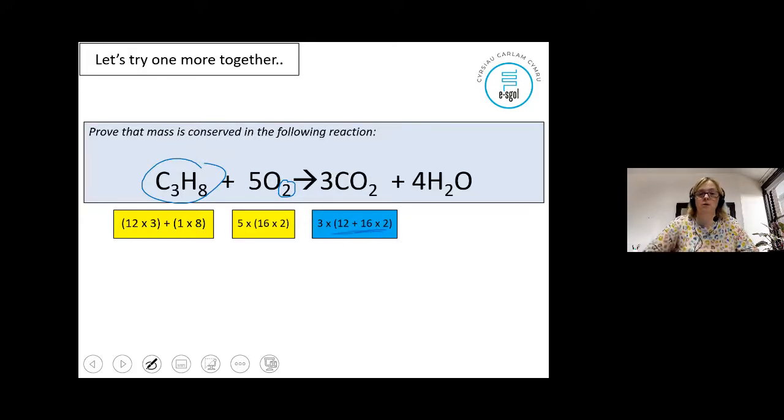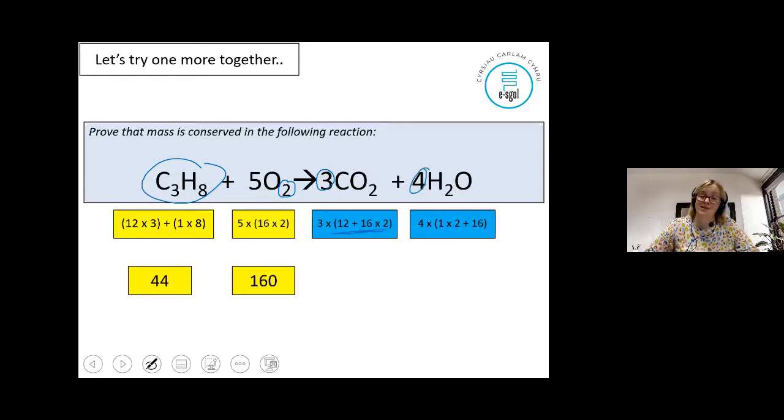That total is 44, and then multiply it by the 3, which comes before, and then water on its own has a mass of 18. So inside the brackets would be 1 times 2, which is 2 hydrogens, and a 16 for the oxygen. So total is 18, multiplied by, again, that 4. So if you look at the maths then, 44 plus 160, that would be,